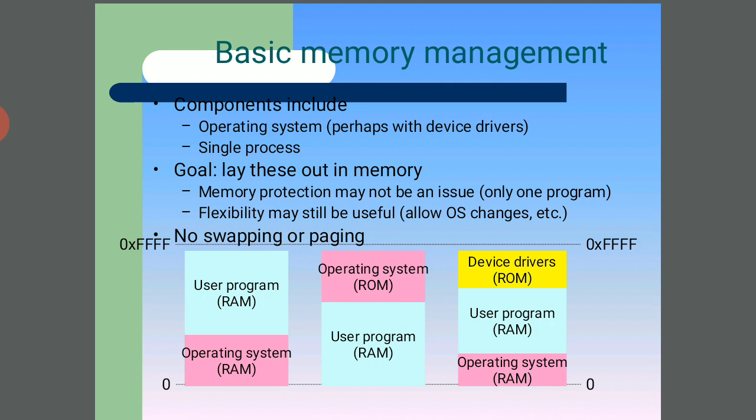In this, different colors are there. Each and every color is RAM or ROM. RAM is random access memory, ROM is read only memory. It is just like in operating systems, there are two types. What is an operating system? It is an interface between the system and the user. There are single user operating systems and multi-user operating systems.